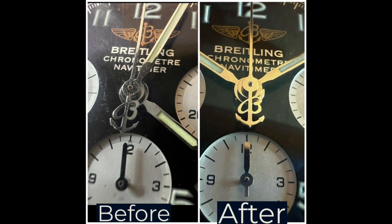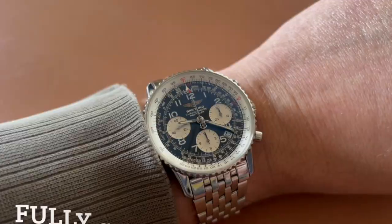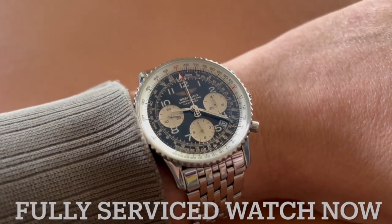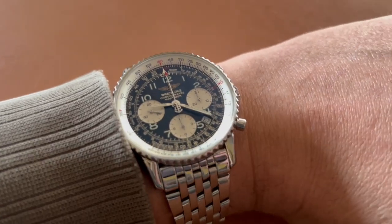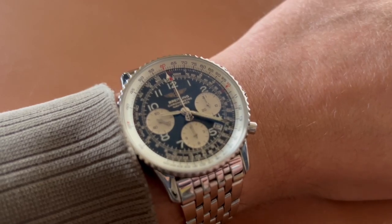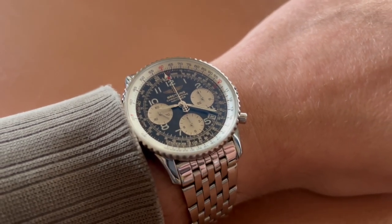Now, we get into optional stuff. I actually did replace the crystal. There weren't any scratches, but there were fine marks on it, so it just wasn't crystal clear. And I figured if you're going to put a new dial on there, you might as well put a new crystal on there as well. And I opted for that. So that was